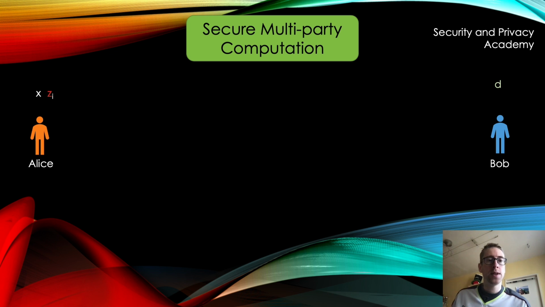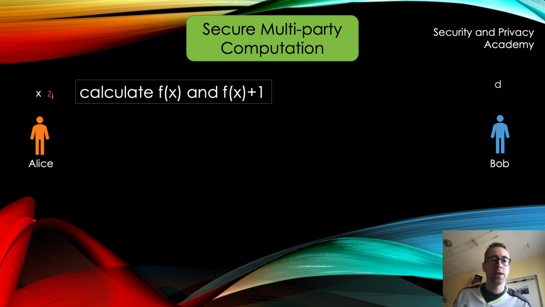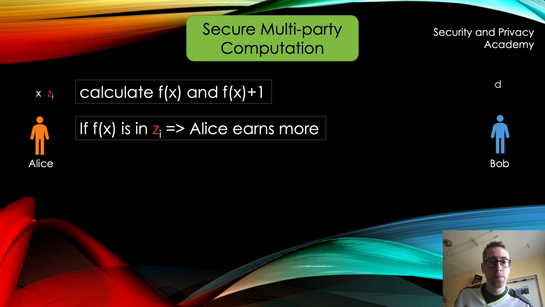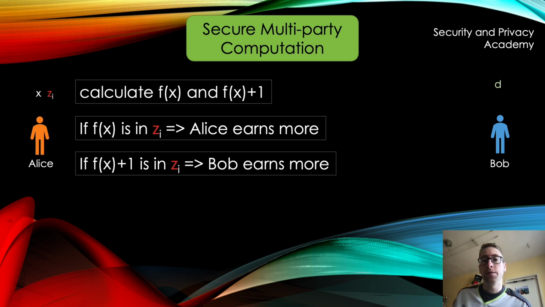Alice now concludes the process by also applying the shared function f to her original number x she chose in the first step, and if f of x is in Zi, then Alice earns more. But if f of x plus 1 is in Zi, then Bob earns more. This is the binary decision she derives. That concludes the algorithm, but as promised,